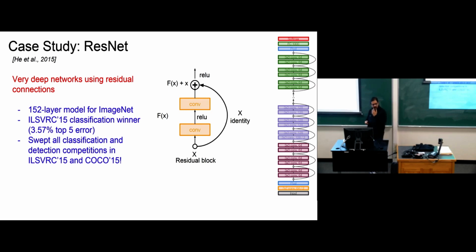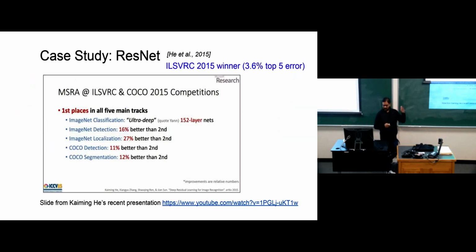It has 152 layers. And at the time in 2015, not so long ago, when these results were published, they not only outperformed any prior network in ImageNet, but they outperformed all classification competitions at the time, just by having like 10x more layers. But it's not that simple,